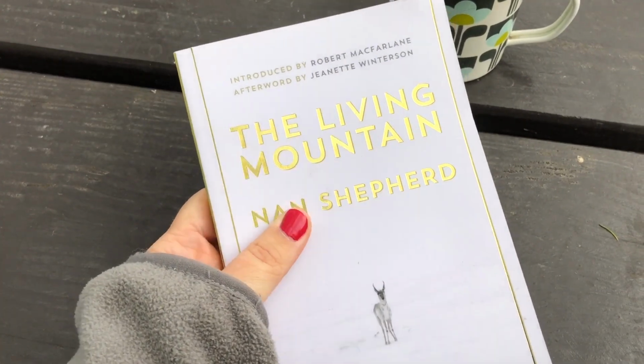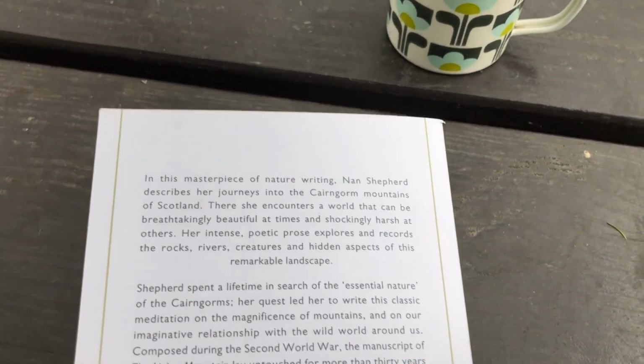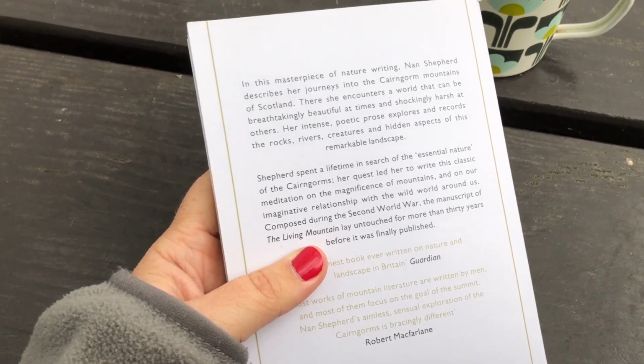You may have seen this already, because I shared a haul of the things I got for my birthday. So it's The Living Mountain by Nan Shepherd, and I wanted to bring it with me and read it while we were away, because it's about the Cairngorms. So